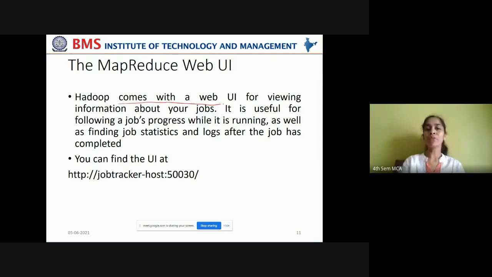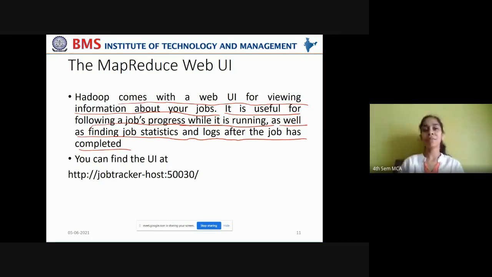So Hadoop comes with a web user interface for viewing information about your jobs. It is useful for following a job's progress while it is running, as well as finding job statistics and logs after the job has completed.